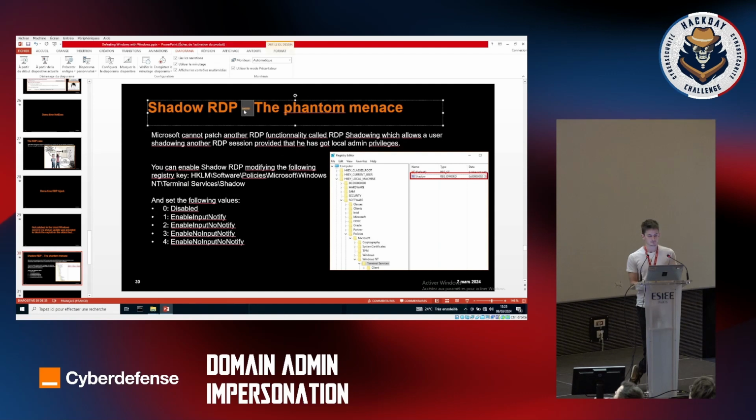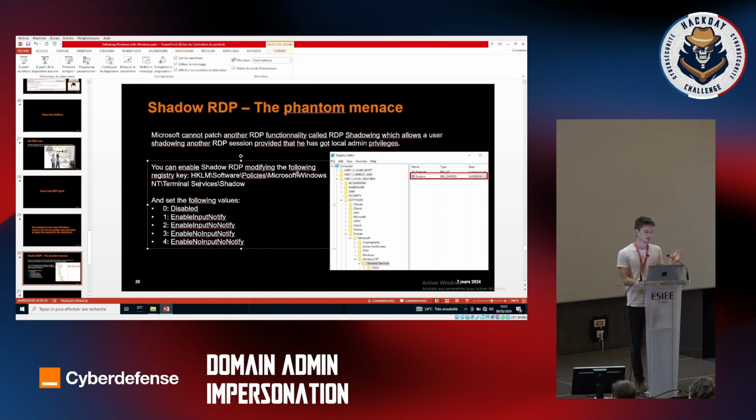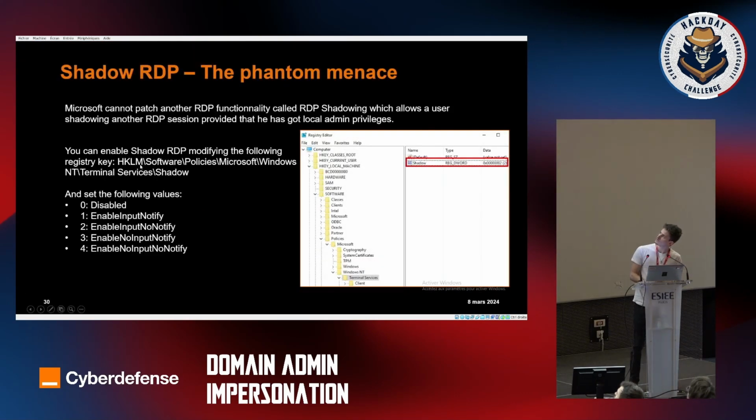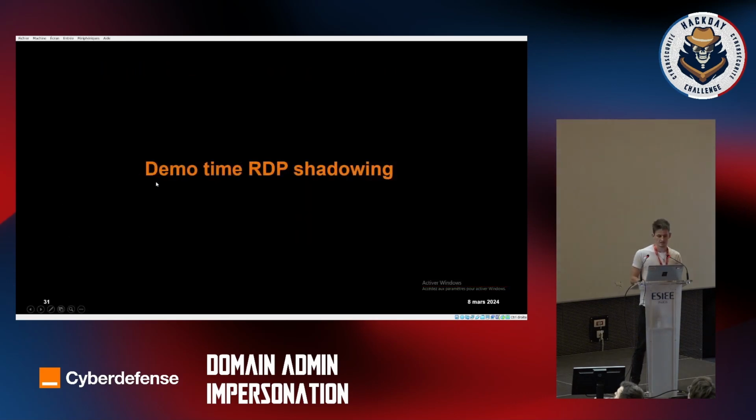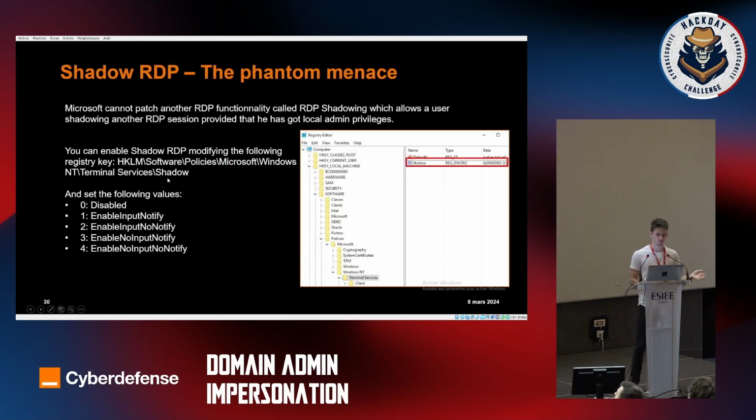The idea is that even if you cannot hijack an RDP session anymore, what you can do is add specific settings into the computer or the server, which says, okay, I'm going to let you decide whether or not you want to be able to spy literally on other people's sessions. So this setting is the following. If you modify the following registry key, which is HKLM, software, policies, Microsoft, Shadow, nice name, you can set the following